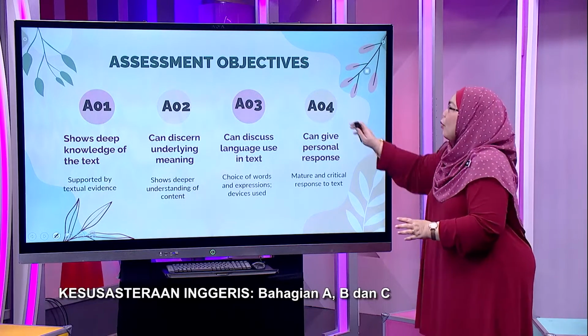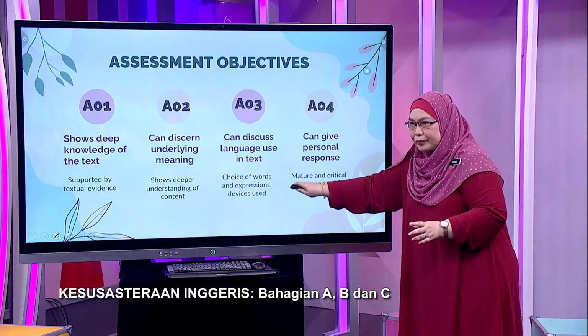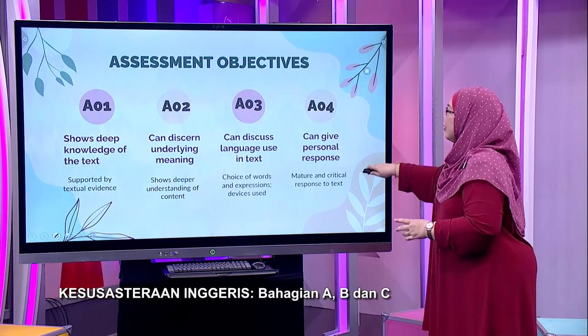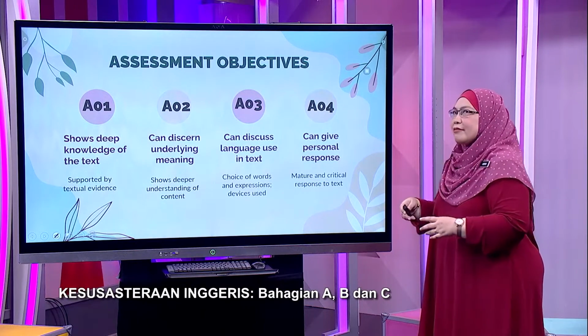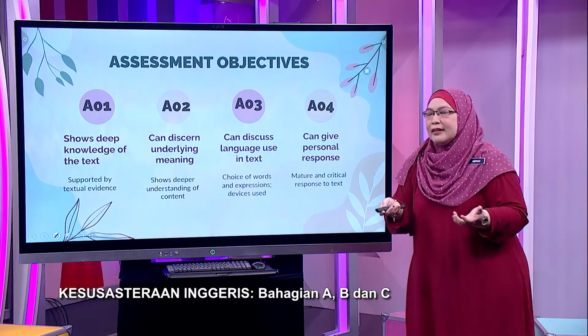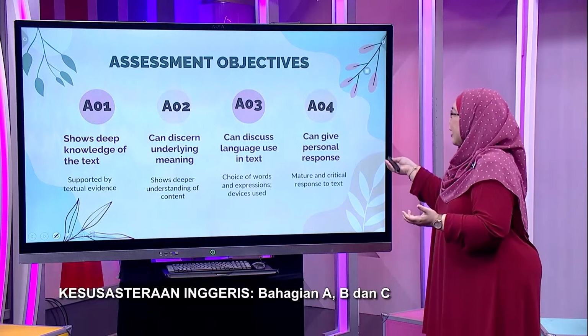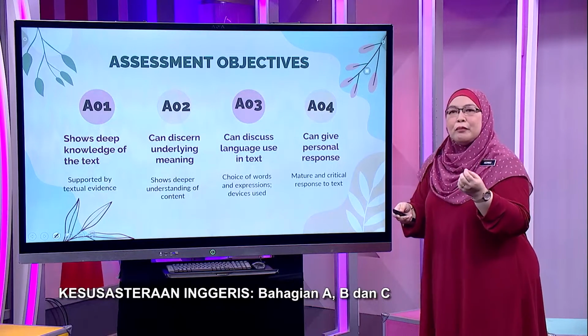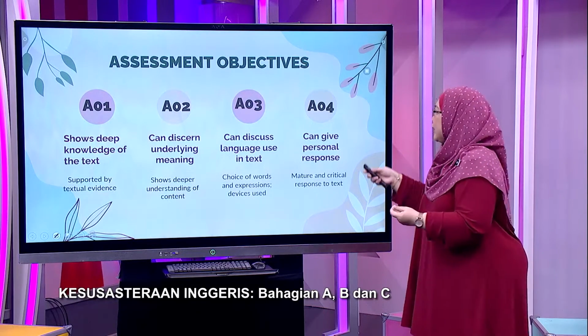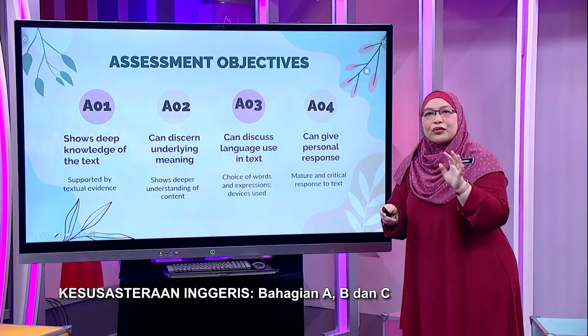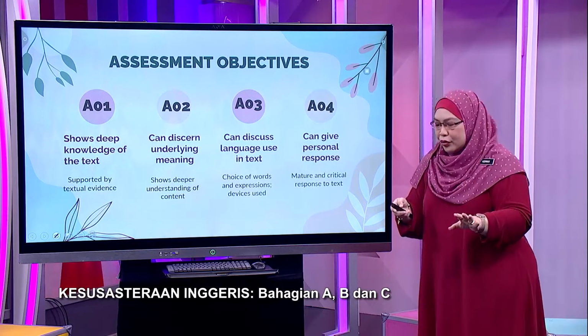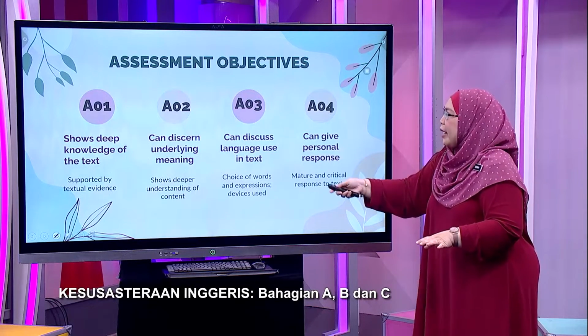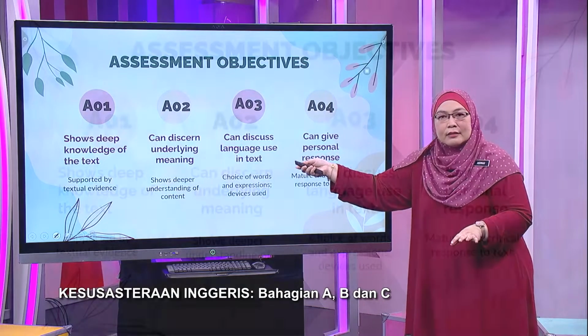All those go under AO3. And the last AO is perhaps my personal favorite. Because AO4 is where you must prove that you have been able to not just read through the text, know the text well, support by providing evidence,